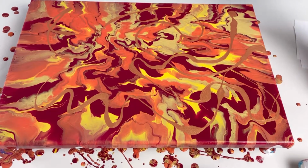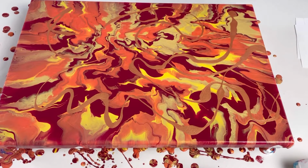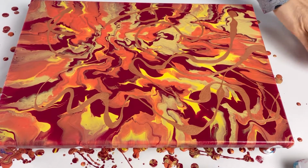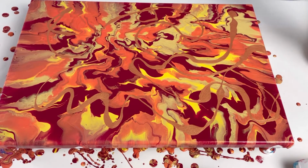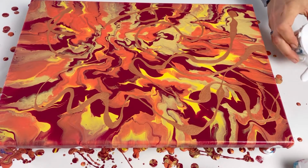So to start swiping, in fact, I'm just going to mix this. Australian Floetrol separates, so when you mix it up you have to give it a really good shake in the bottle before you mix it. This is already mixed with the white, so I just want to give it another really good shake before I use it, just in case it separates. So I'm just going to put a line of it onto my